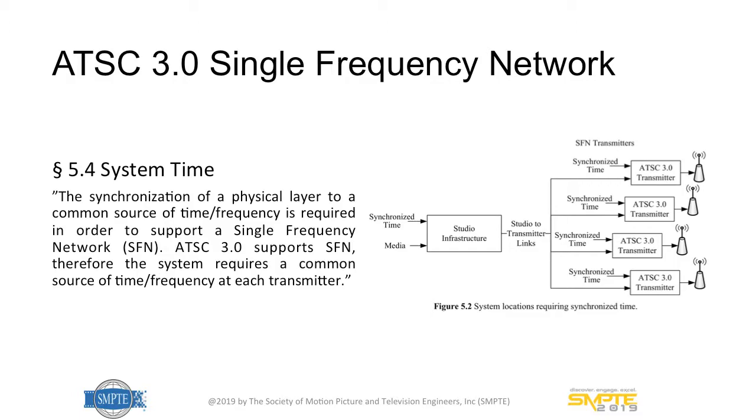To do that, we need good timing. If we're not doing the single frequency network, we only need to make sure that the transmitters are within the necessary specs for transmission on the frequency. We don't really care about timing. It becomes when it becomes. But here, all of a sudden, to do this, we need to make the timing good. So therefore, in the ATSC 3.0 specs, the system time is described to be using that of UTC. So this is the core thing.